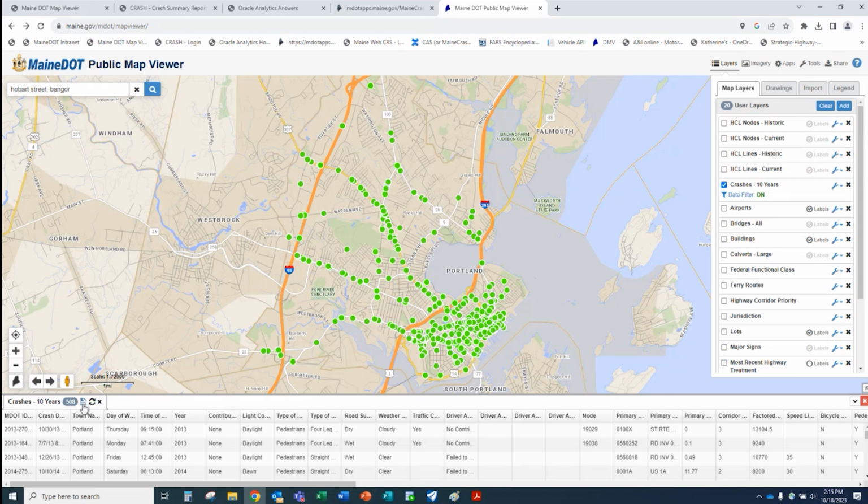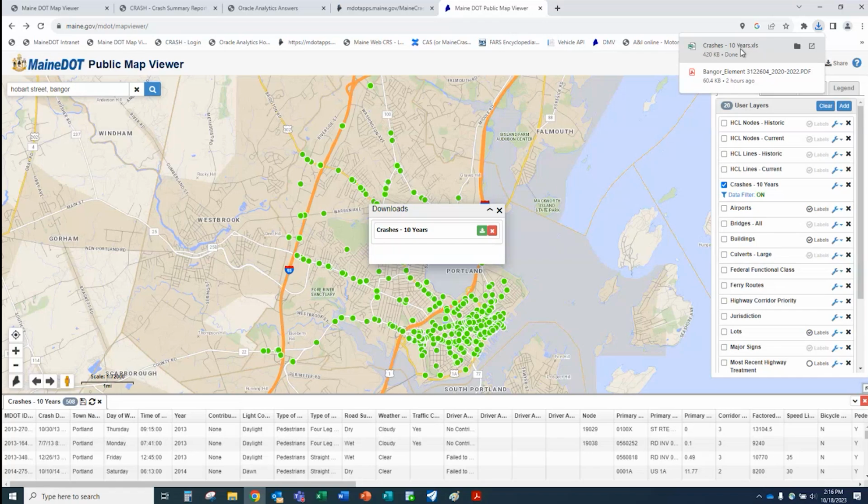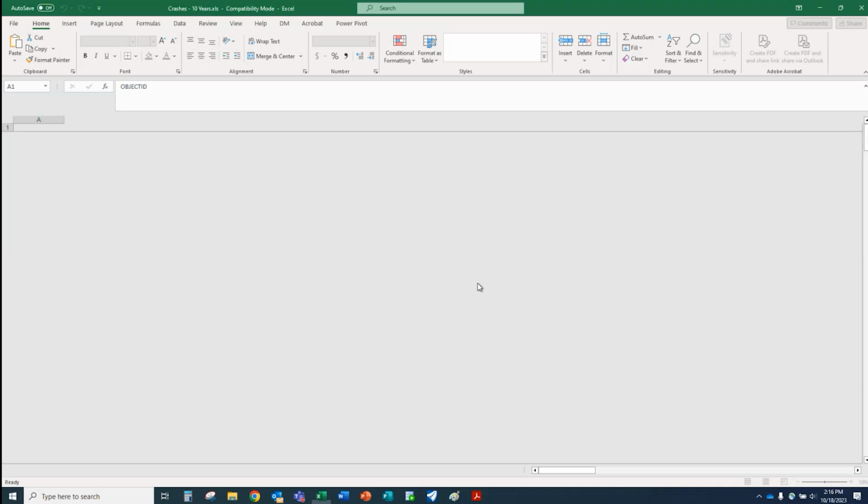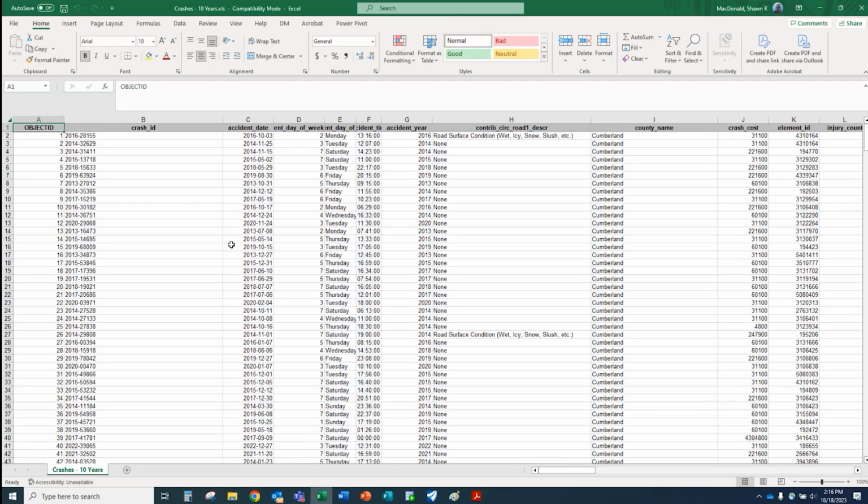Now because I've got this data a little bit smaller, now I'm going to hit Excel. Okay, and now it's created the download, which we can select, and it's giving me my download right here. And here is all of the data that we had, just like I mentioned earlier.